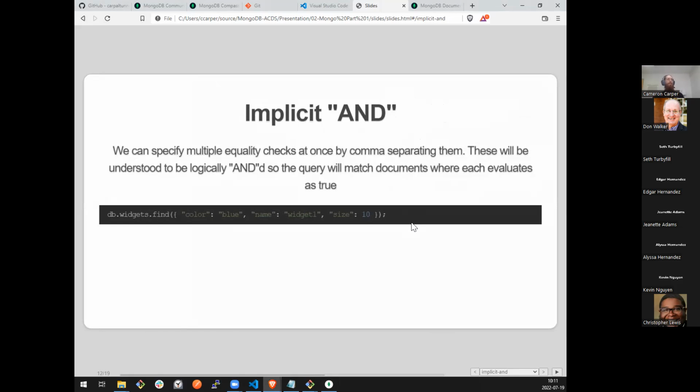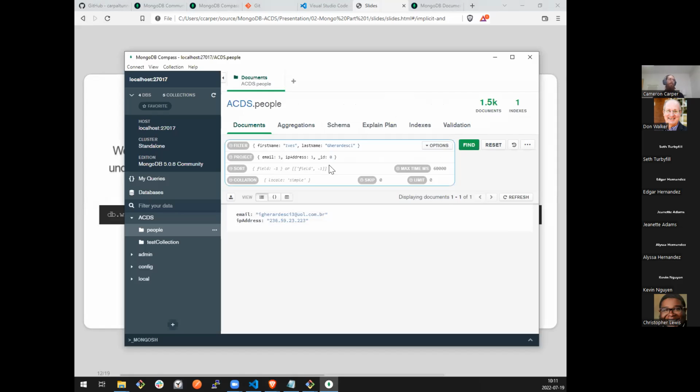In the interest of time, we've already covered this where we can specify multiple statements where we said, I want the first name property to equal this, the last name property to equal this. While we've not explicitly put an and here, we didn't say where first name is A and last name is B, we just listed those properties.